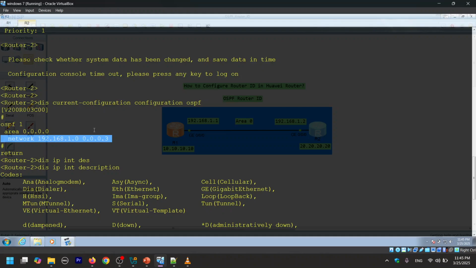Then the router has already established the OSPF neighborship with router 1. Now the router ID is already selected. You cannot do anything. You can only reset the router ID by resetting the OSPF process or rebooting the device. That is the only way, but that is very expensive and very risky in live networks, in networks which are carrying services, for devices which are carrying services.